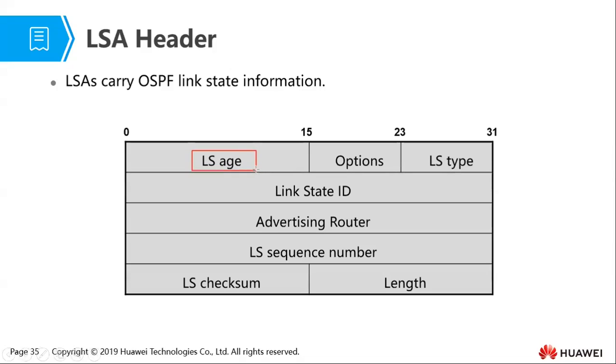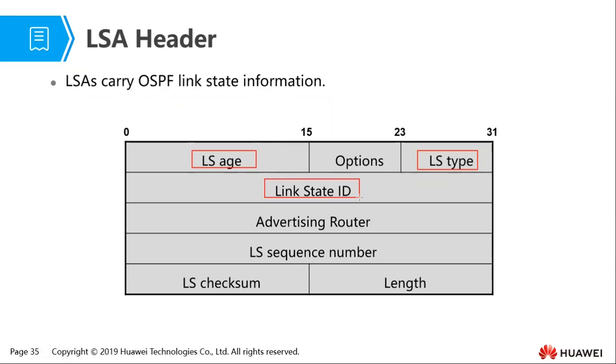The first one is called the LS age, and you're going to see it a lot in the practicals. This is the number of seconds since that packet was produced, so it will always update itself and increase. Then we have the LS type. We have 5 types of commonly used link state advertisements. Later on, we are going to explore them and look at what they do. Then link state ID